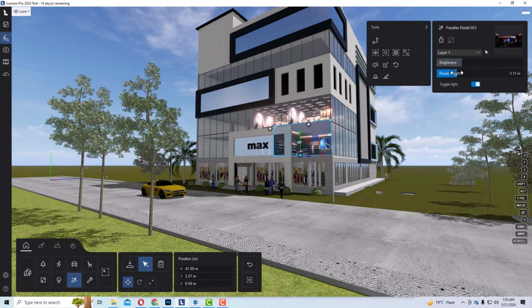You can change room height, and you can bring it inside or backward position, left, right, and you can see your exterior scene will show the interior part, which will be realistic, and you can save a lot of time